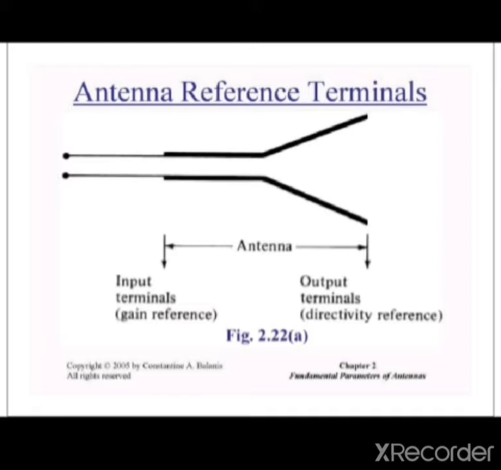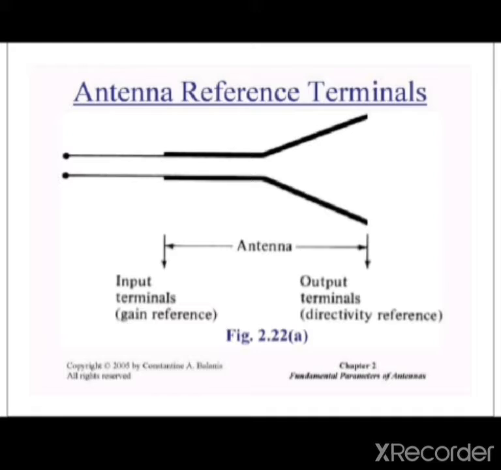Reflection losses occur if there is a mismatch in a line, that means the terminating load is not equal to the characteristic impedance or line impedance. During that time standing waves occur and some losses will be there. That's why the power is related to the reflection coefficient: the receiving power is equal to 1 minus gamma square times the transmitting power. For example, if you transmit 100 watts of power and it receives only 96 watts, what is the reflection coefficient?